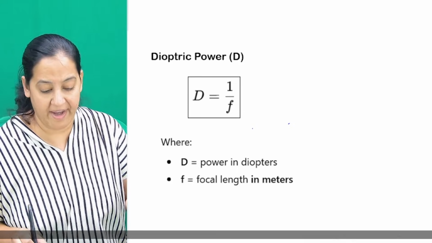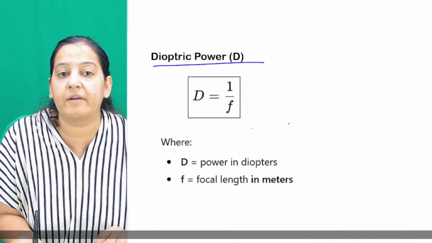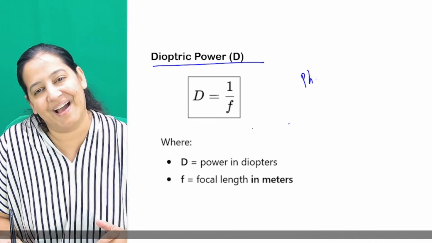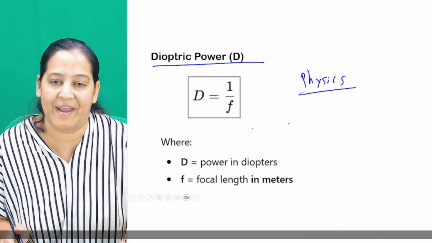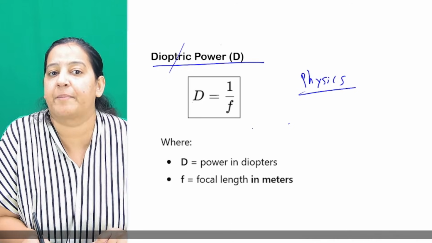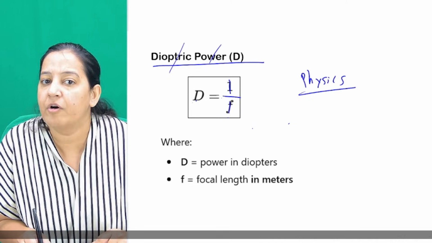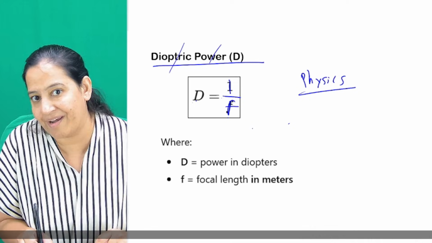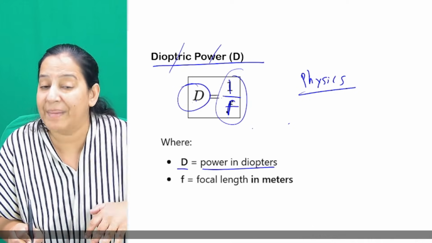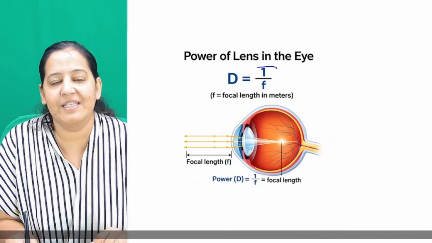Now, if you understood the three layers of the eyeball, let me come to the dioptric power. What is power of the lens? How to calculate power? You have studied physics. I guess everyone has studied physics in school. In physics, we know the formula of the power. The dioptric power is D equal to 1 upon F, that is, 1 upon focal length. The reciprocal of the focal length is the power. D is the power measured in diopter. Diopter is the unit of the power and F is focal length. Can you see? So D is equal to 1 upon F.